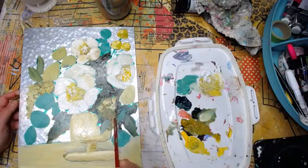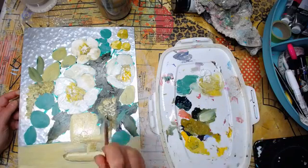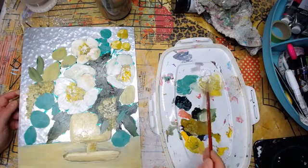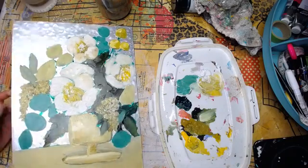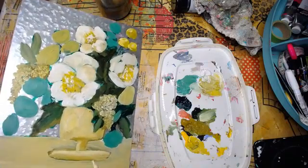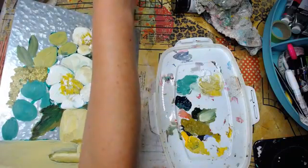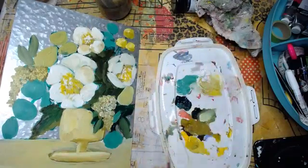But it is just like a decorative thing for tablescaping. I believe I found it over in that area where there are all kinds of cute little things for tablescapes. Okay. I'm going to try to hold it up like this so maybe the glare won't be so bad. And